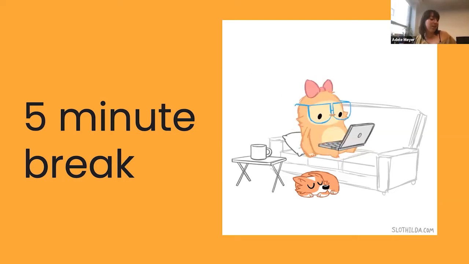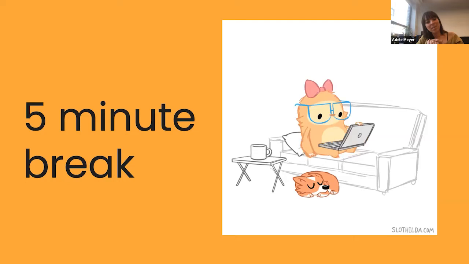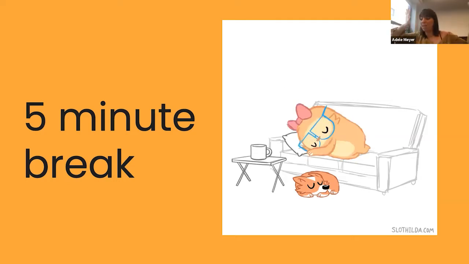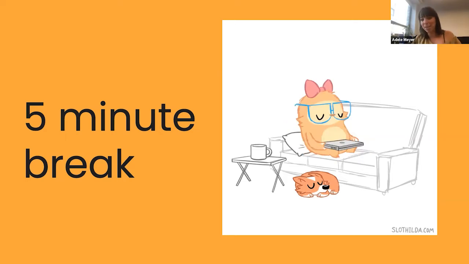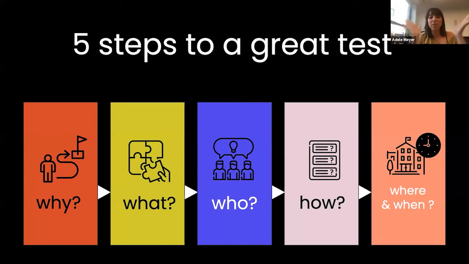Now that we've all had the break of our dreams, we are back to discuss the rest of this test preparation, specifically the who, the how, the where, and the when. Remember, there's 5 steps to an amazing test. You've already begun figuring out the first 2. Let's look at who your testers are going to be, how you will use this test to collect valuable feedback to be able to refine your MVP. And lastly, where and when you will be testing.